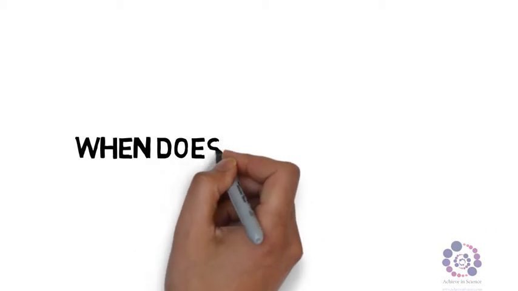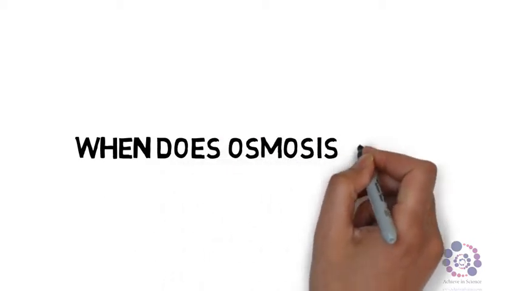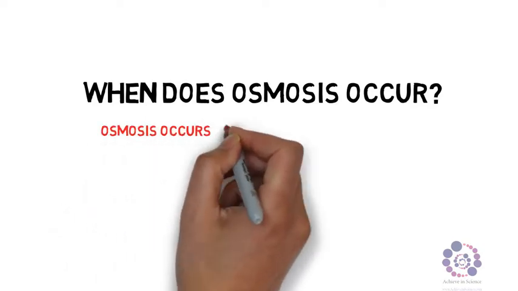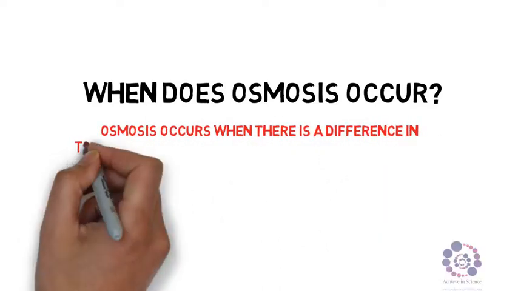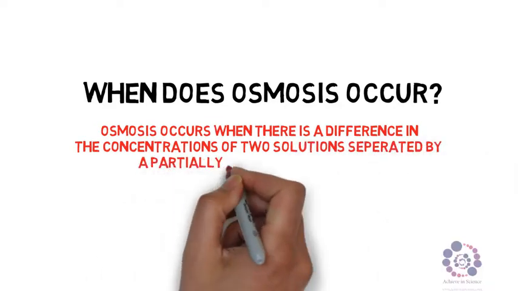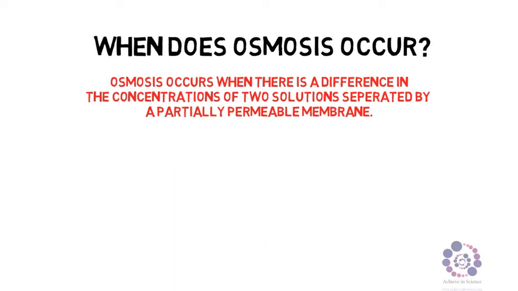So when does osmosis occur? Osmosis occurs when there is a difference in the concentration of two solutions, which is separated by a partially permeable membrane. If we look at an example,